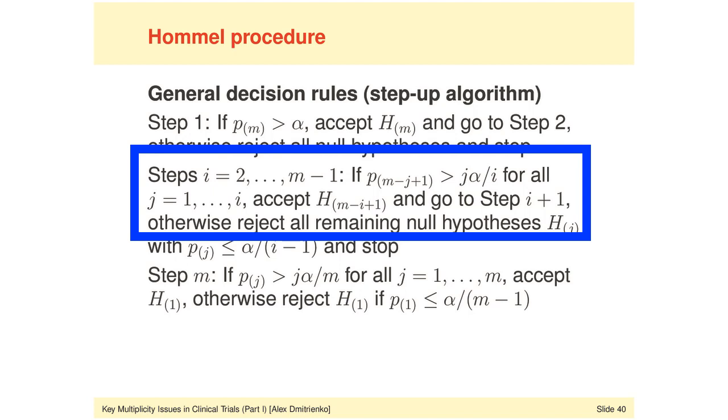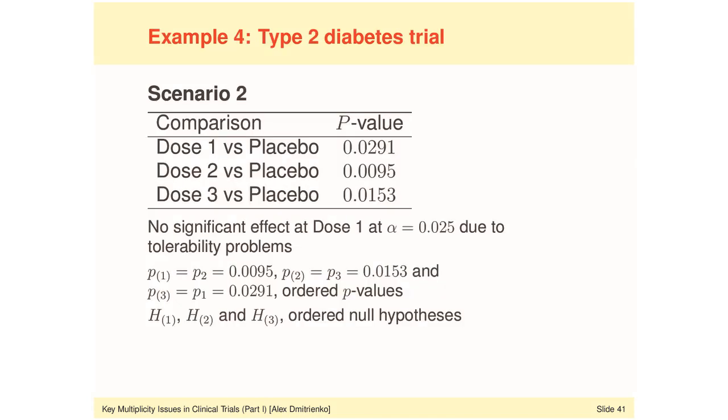So this is the algorithm that is used in the Hommel procedure, and the complexity that I mentioned is not really computational complexity. In reality, this step-up algorithm is easy to implement literally using a pocket calculator. I was referring to our ability to interpret the individual steps in this algorithm. And to help us understand the step-up testing algorithm used in the Hommel procedure, we're going to return to example